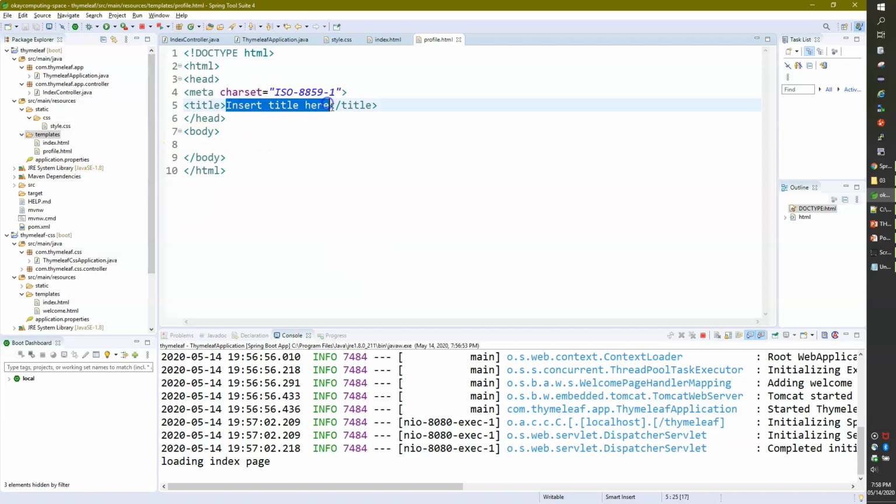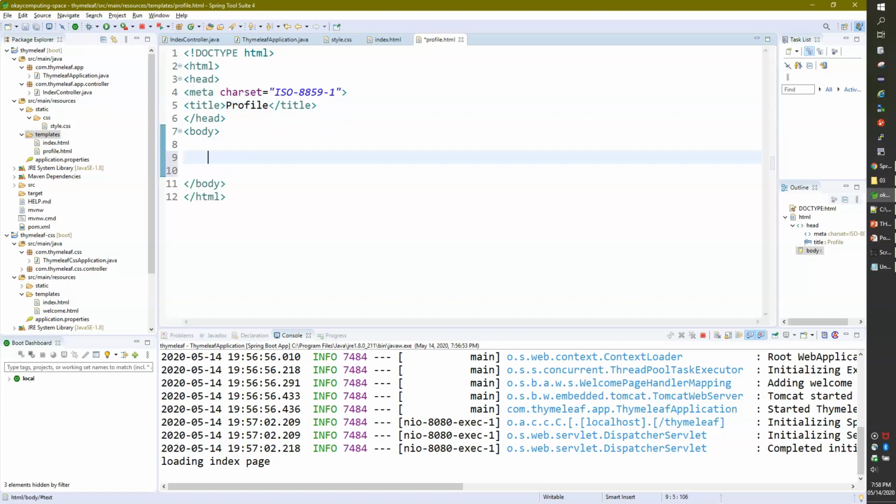Let me just put the title here as profile, and here we'll work on an h1 tag, and I'll write here, hey, I am profile page, you are within the application, something like that.